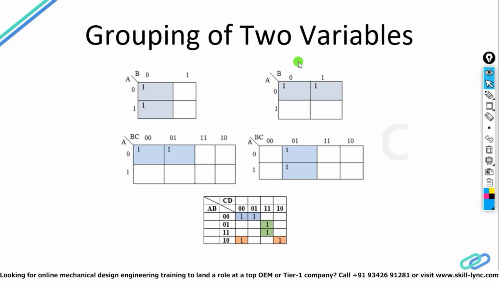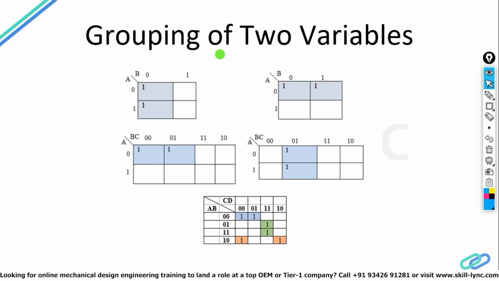In this slide we are talking about the grouping of 2 variables. So 2 variables are allowed to make a group. It may be in a horizontal way, a vertical way, or a corner way. But diagonally placed 2 ones, 2 zeros are not allowed. Why am I placing 1? I am taking a case of SOP. When I take the case of POS, then I will take zeros. But the condition applies the same. If here 2 ones are horizontal or 2 ones vertical, the same case applies there: 2 zeros horizontally or 2 zeros vertically. So this is the case of grouping of 2 variables.